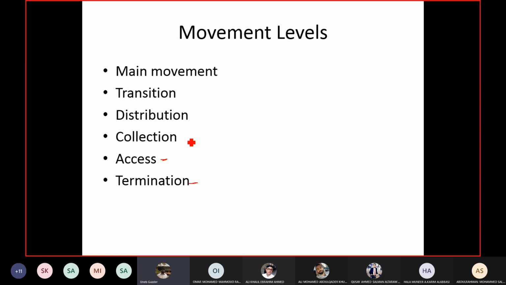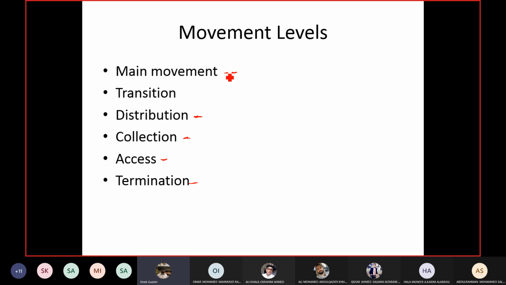Then from that street, you go to a collector. So that local street will get you to a bigger street, a major street, let's say. From that street, you will go to the distribution level. Distribution level is the level which is providing you connection to the main highway. The lane or the ramp which is providing you connection to the main highway, that is the distribution level. And then the main movement will be happening on the main highway, the highway which is taking you from your area to another area.